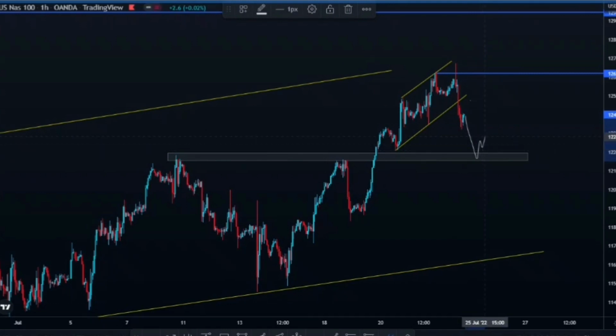We're going to be looking for that continuation pattern to continue pushing to the upside with it. Then we're going to take it and still go all the way to the upside with it, which is another possible move that can also happen on Nasdaq